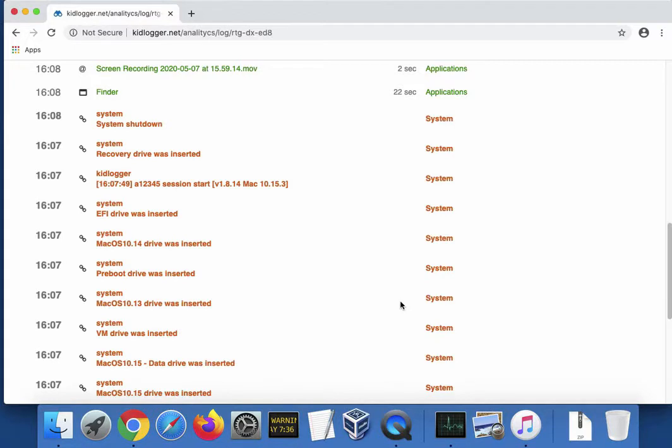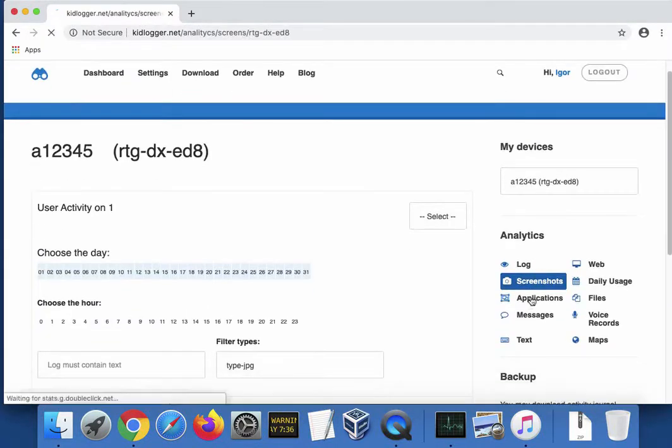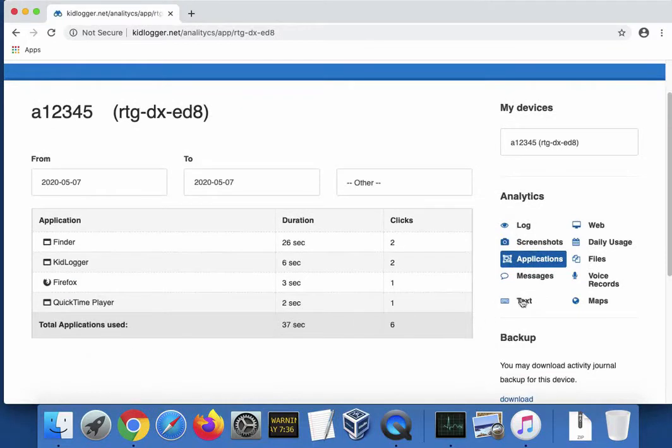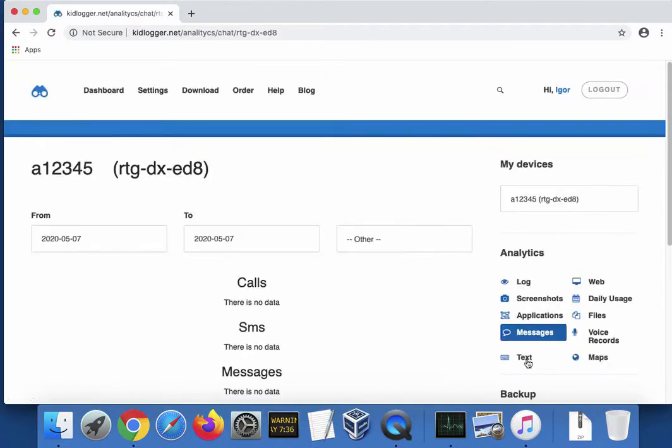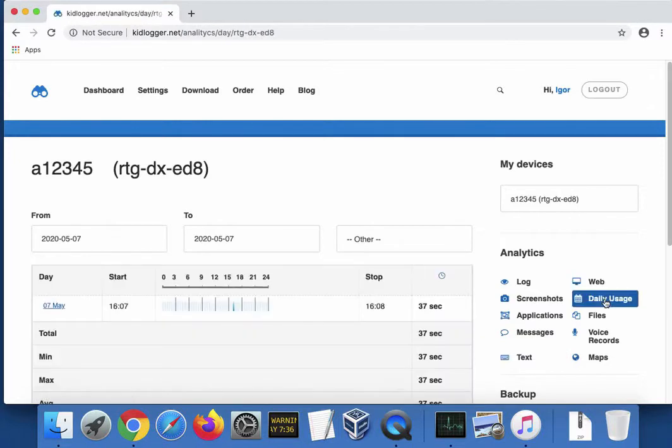It means some devices were connected to the file system after the reboot. And nothing more so far. In general, we can see screenshots, log, the application analytic, messages, text analytic, web analytic, daily usage analytic, file statistic, voice records, and location.